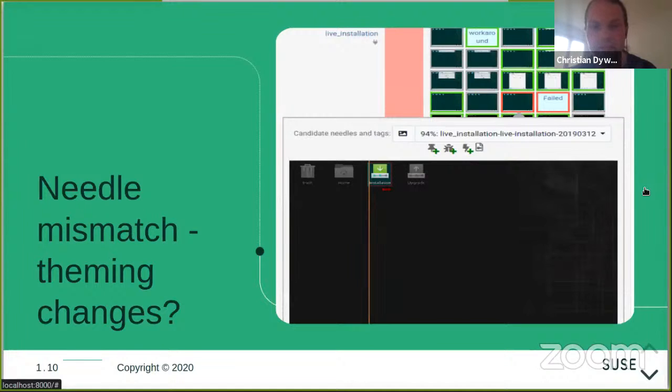So here you can actually see that the test in this instance is at the desktop. You might recognize the desktop icons there, which include the trash and the home folder. And there's also something called installation.